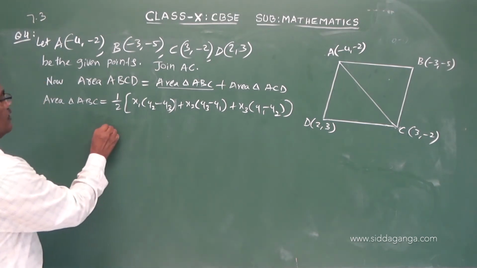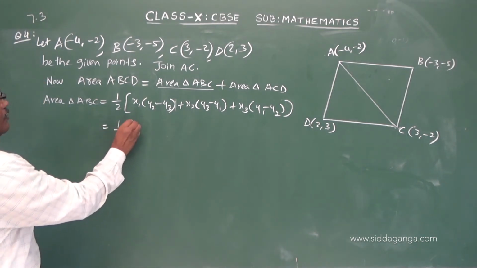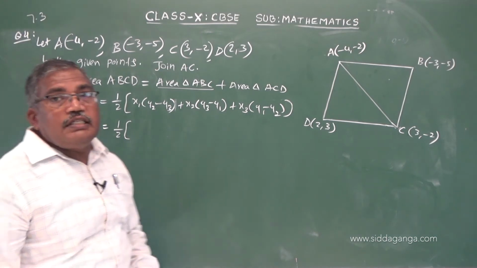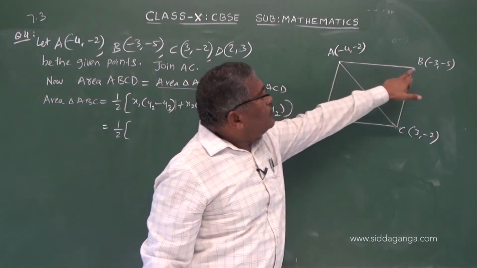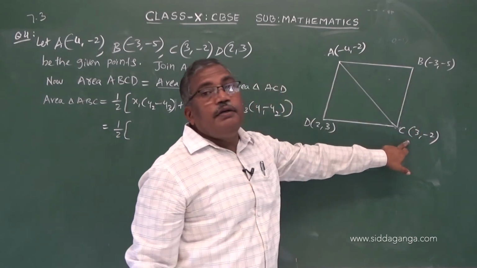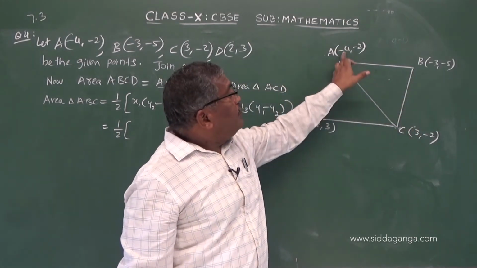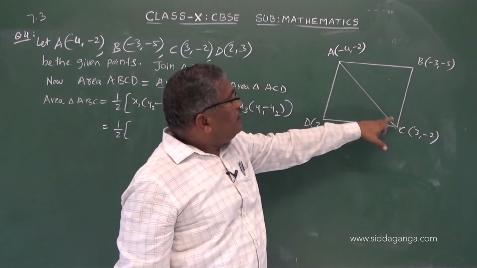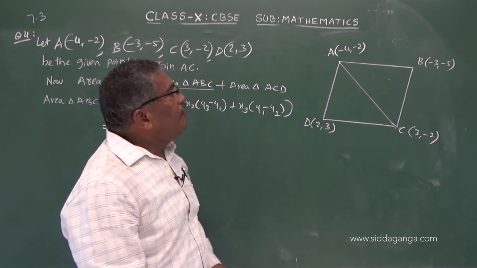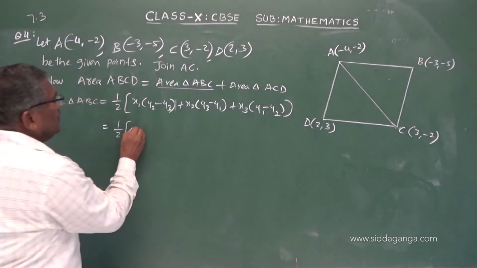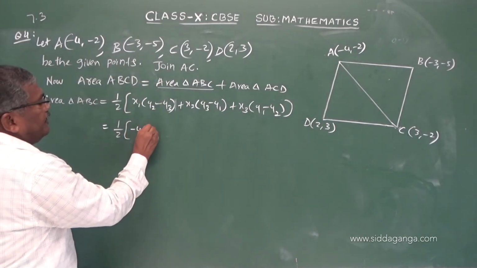So this equals half into. In this case, you be careful now. This becomes x1 y1, x2 y2, x3 y3. So, we are calculating the area of this triangle ABC. So, therefore, x1, that is minus 4 into